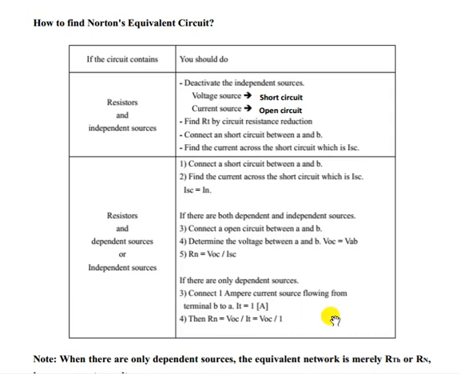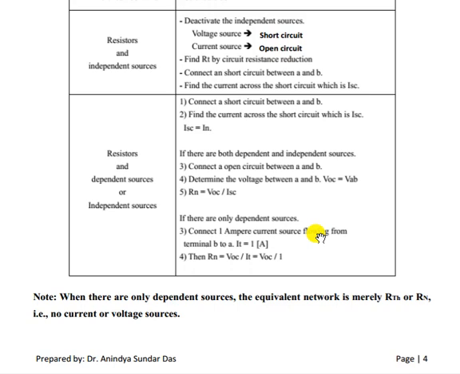So this is for when we have only a dependent source, but this test method we can apply here also. Whenever we apply this test method, we have to deactivate the independent sources. Suppose we have a circuit with only dependent sources and no independent sources. That kind of circuit is known as a dead circuit, because to have current or voltage flow you must have an independent source connected to the circuit.